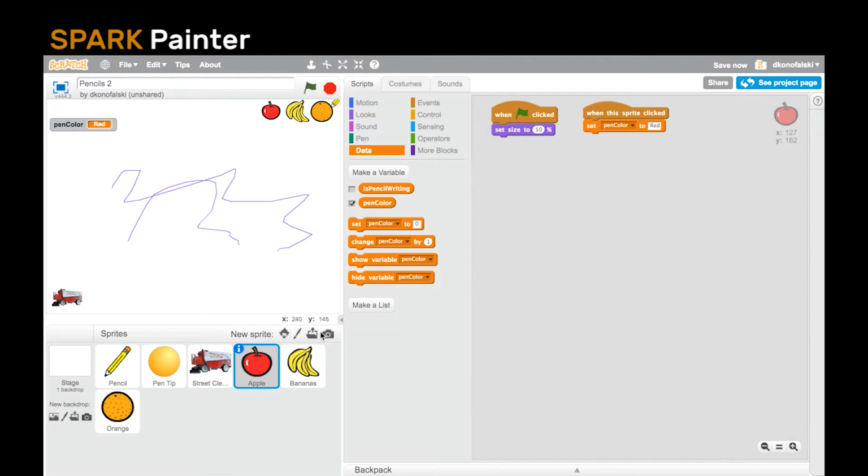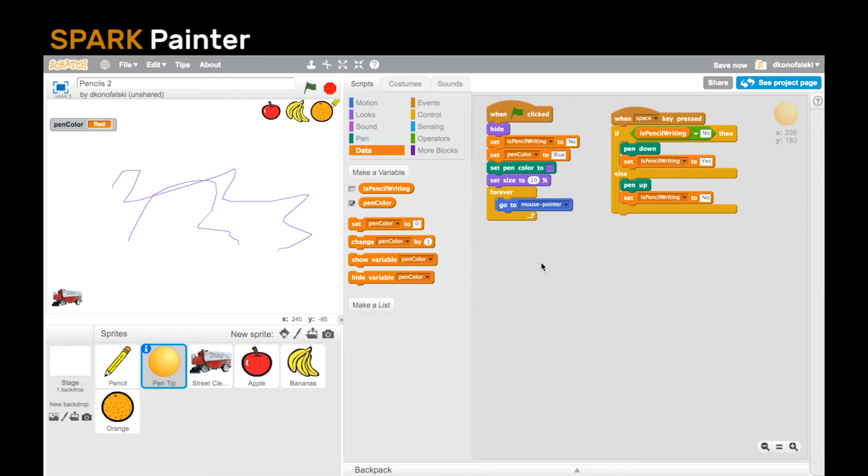Okay, so what we need to do is go back into our pen tip, and now when the space key is pressed, right now we're just checking if the pencil is writing, and if it is, put the pen down, otherwise set the pencil to yes. Okay? But what we should also do is change the color when we press the spacebar. Now, you can do this one of two ways. We're going to set it up so that it only changes the pen color when you start drawing again,